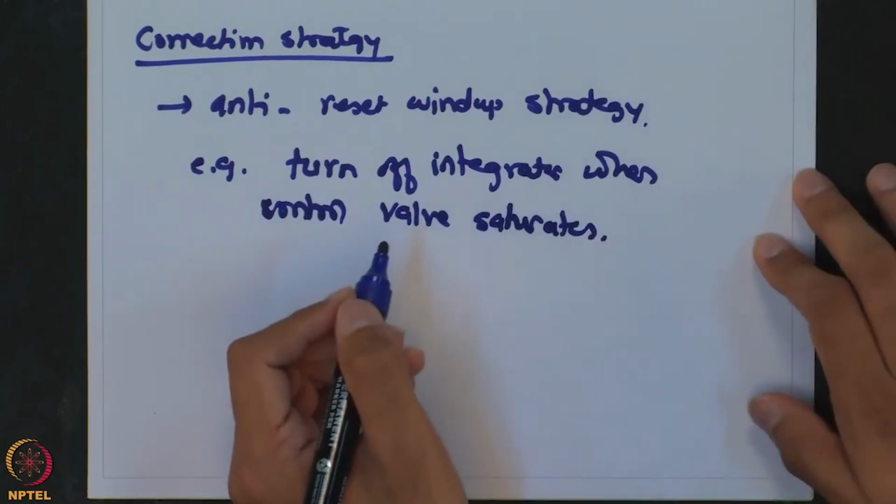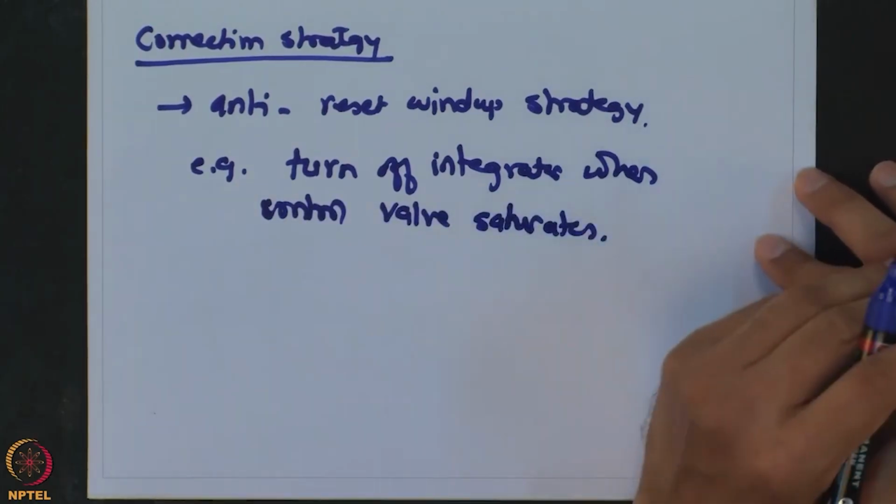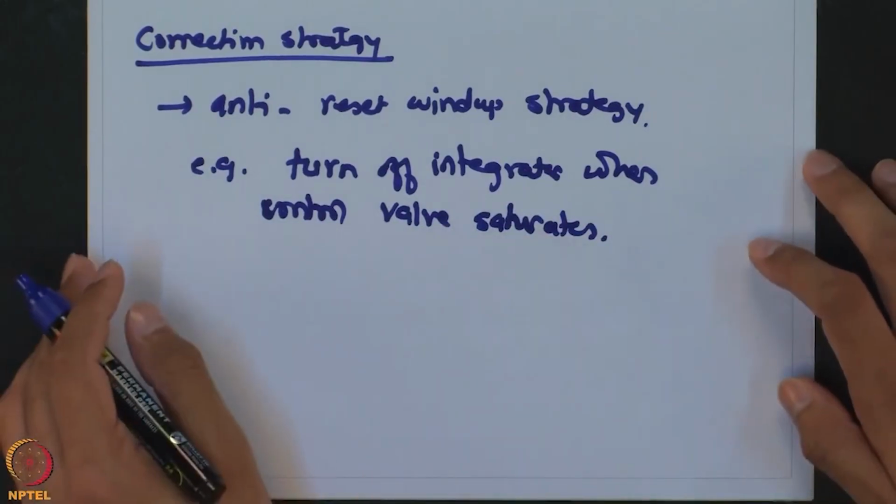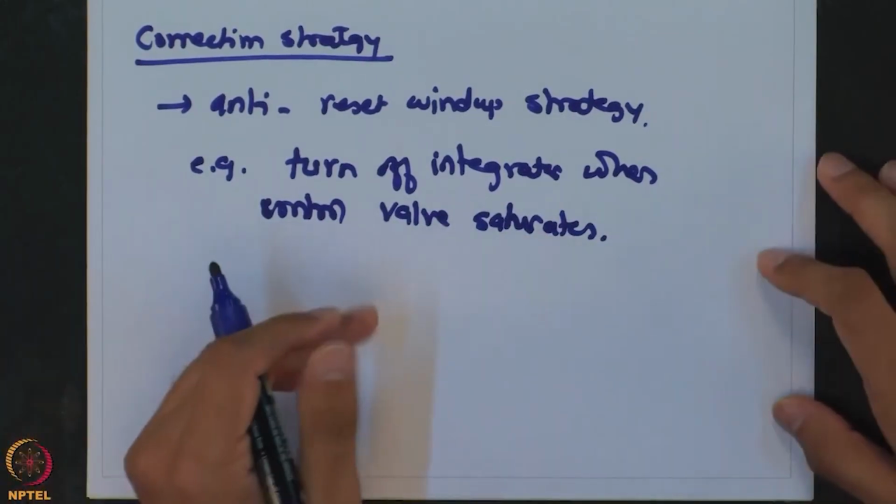It makes sense that as the control valve is saturated, it can no longer move the system, it cannot do anything better than that. So, there is no point in keeping on penalizing for the history or the bad performance during that phase. So, if you do that for the same example,